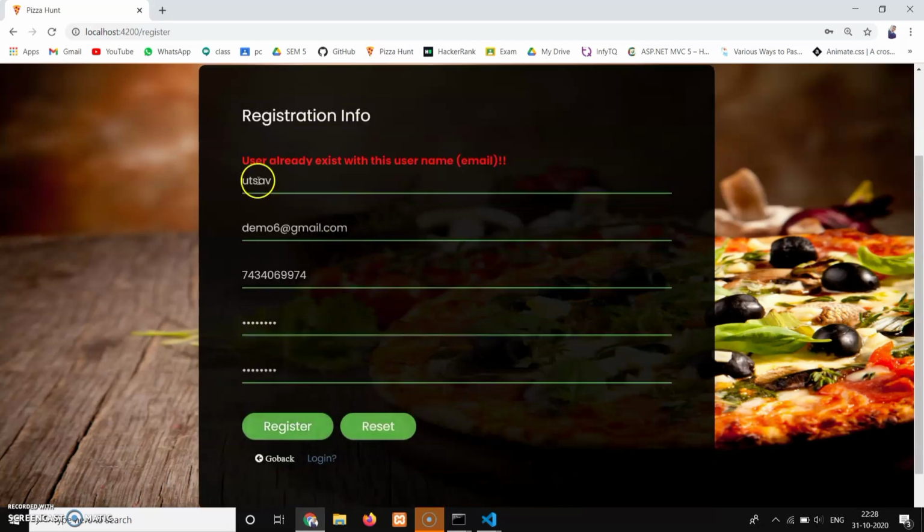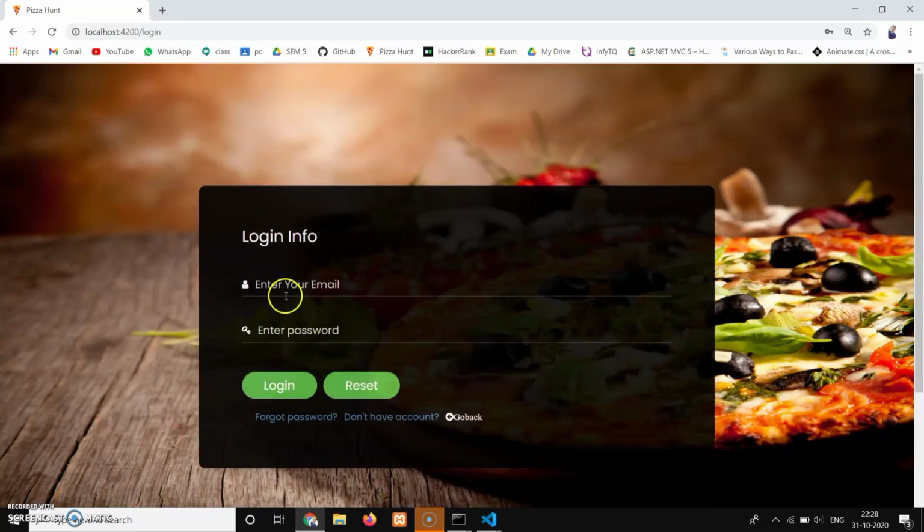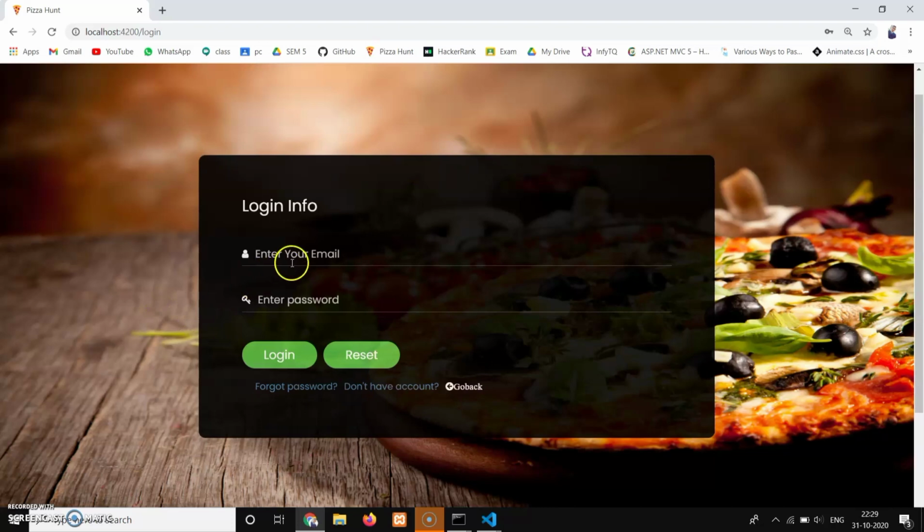The message is that the user already exists with this username, so we have to enter a unique email address. Let's enter a unique email address. If the password doesn't match, then the message is password doesn't match. If the user is successfully registered, then we are redirected to the login page.